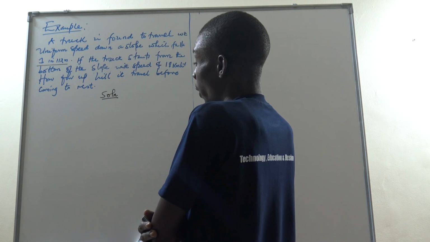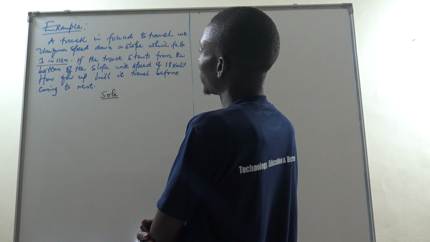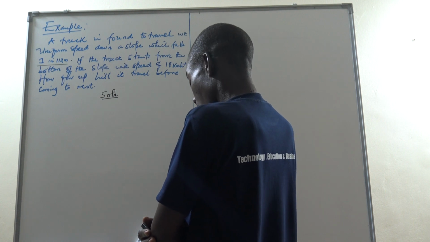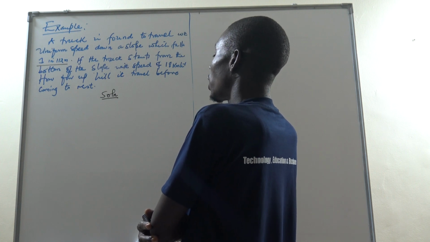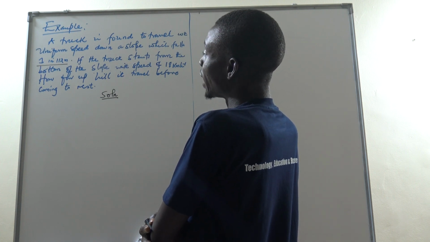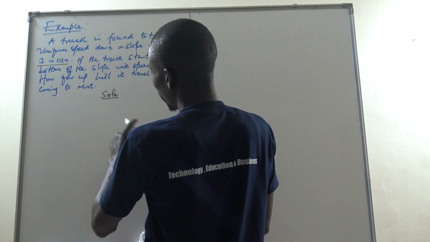We are going to see how we can solve this kind of problem. First of all, you should remember that it is a slope. So a slope which is having some gradient, and if it's having a gradient which is 1 in 112, it is implying that I'm going to be looking at